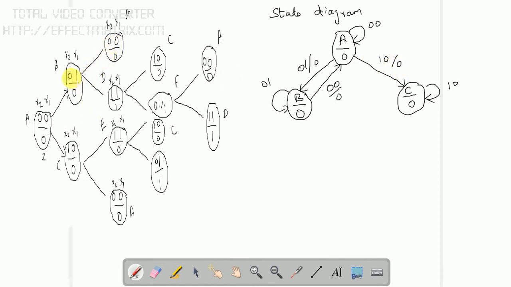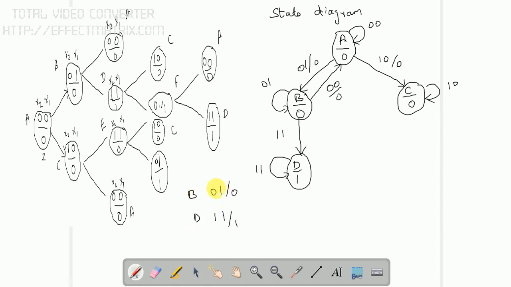Now I am going to draw the B to D. So the D state is a new state, and D has 1 1 input with the output as 1. So D by 1, and this is taken as the input self state 1 1. So from B to D there's a shifting, from 0 1 to 1 1. So the receiving state input is 1 1. Here for B I have 0 1 input, and for D I have 1 1 as the input. So 0 1 slash 0 is the B value, and 1 1 slash 1 is the D value.